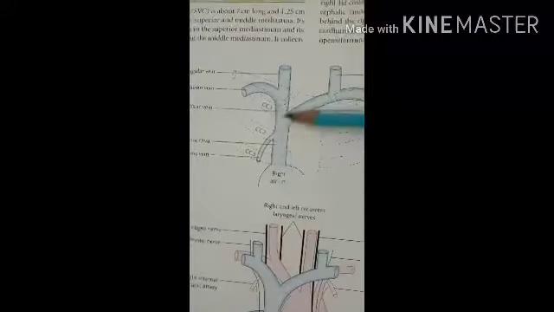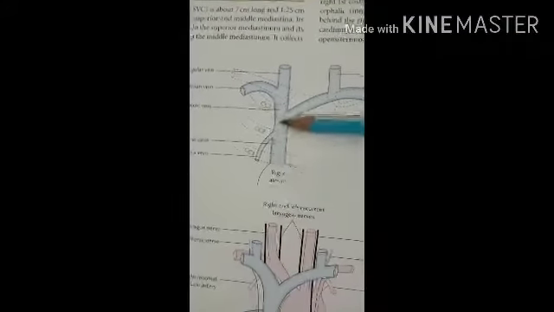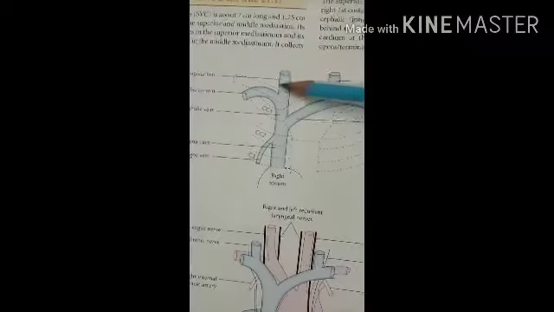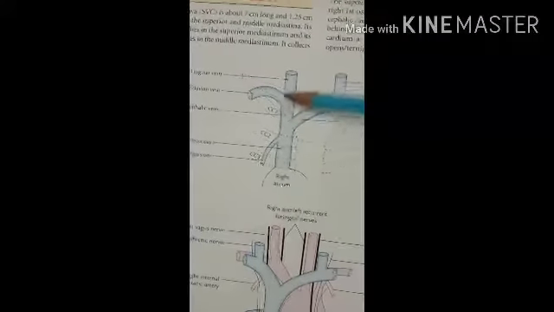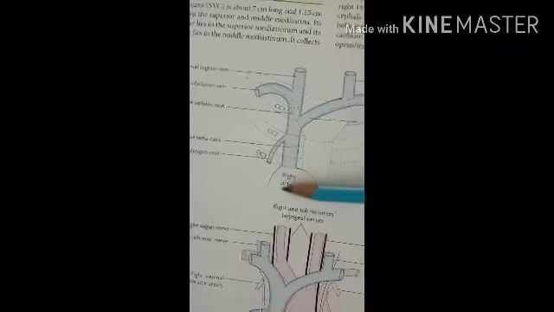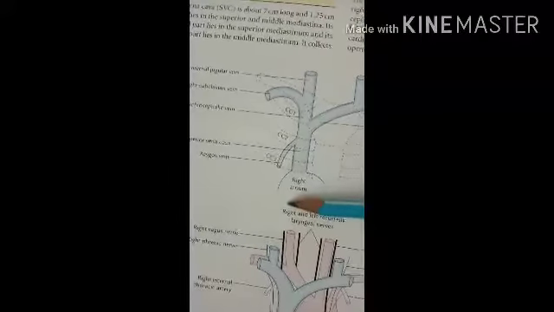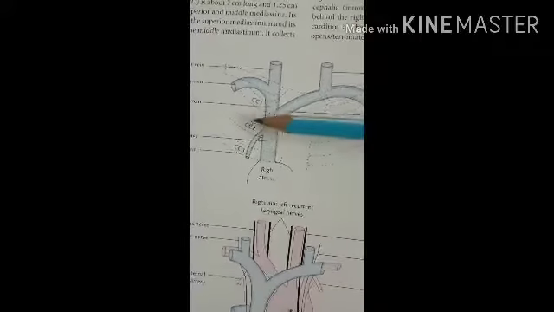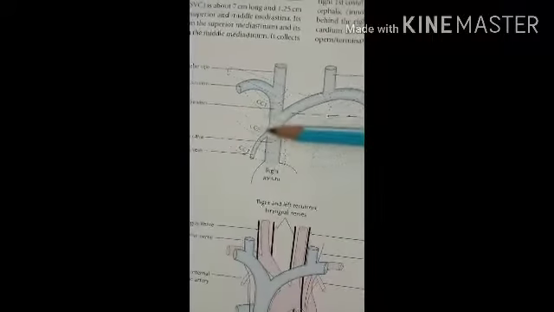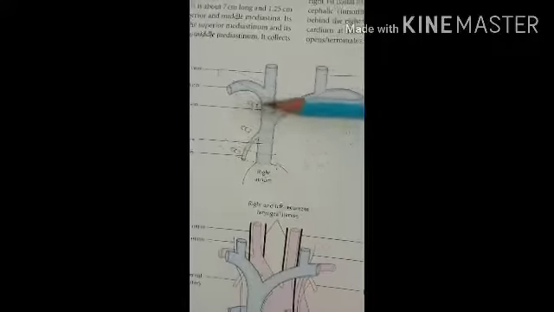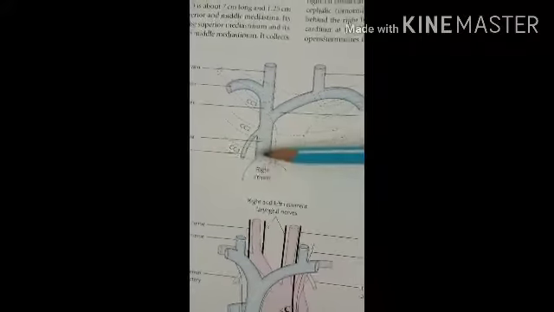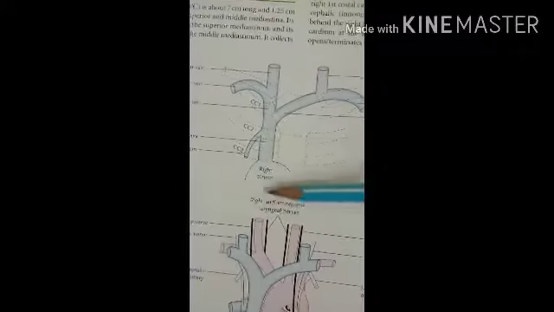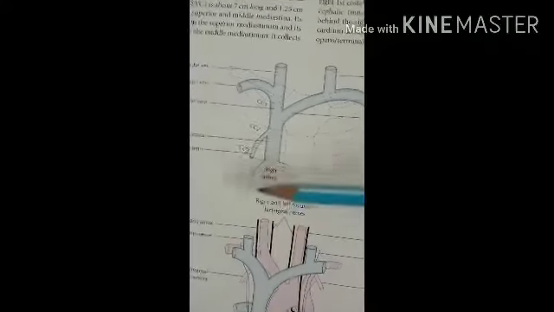Okay. There are no valves present in the lumen because of the gravitational force; the blood from the upper part of the body can easily enter the SVC. Okay. Then the subdivisions of the SVC. So the SVC can be subdivided into two parts, that is the extrapericardial part that is present in the superior mediastinum and the intrapericardial part which is present in the middle mediastinum.